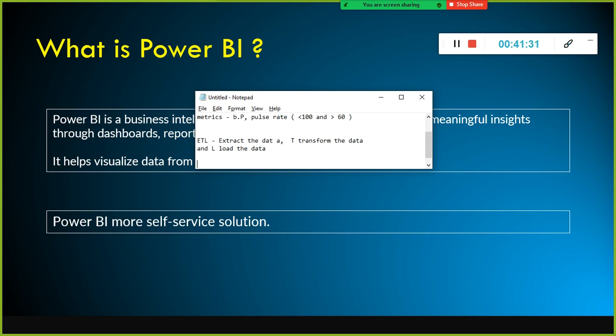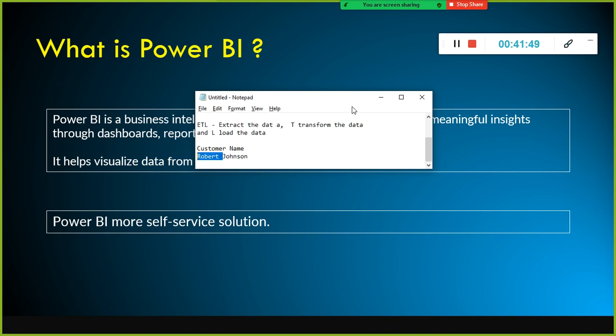For example, you have a customer name column. Here you have both their first name and last name. Suppose Robert Johnson. First name is Robert, second name is Johnson. You don't want the name to be like this. Instead, you want to store this name in the form of first name and last name, in separate columns.